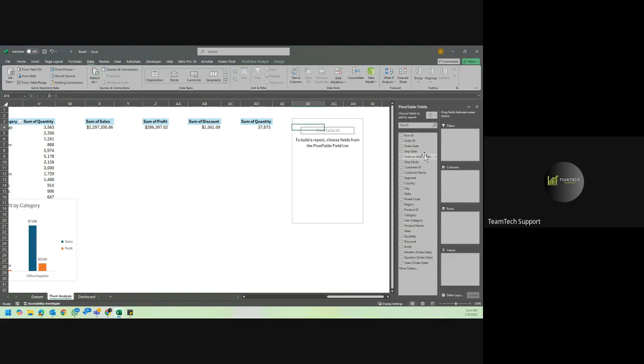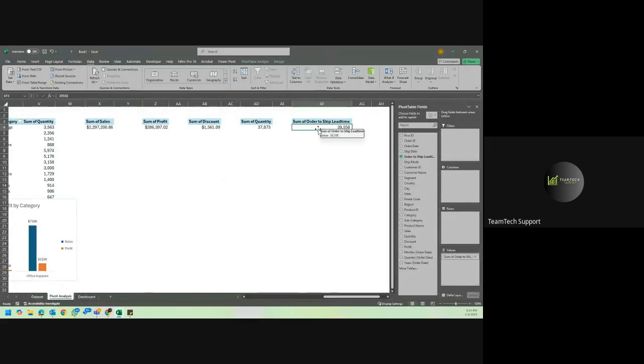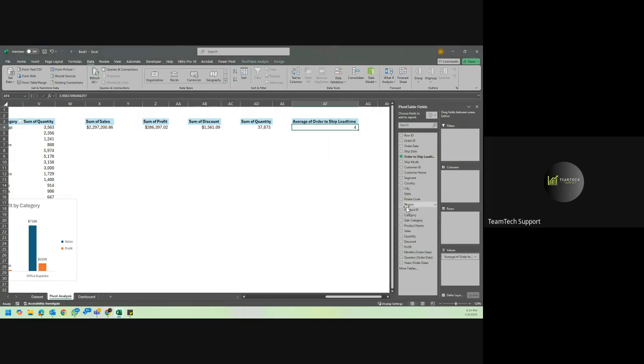If it was not in a table, it would have been still possible, but more complex. So here we're not looking for a sum. It's summing up all the lead time, which does not make sense. So what we want to get is the average lead time. So we're going to change this from sum. We'll go to summarize by, value by average. So average lead time is 4 based on,